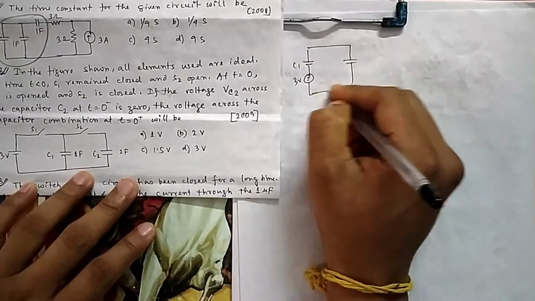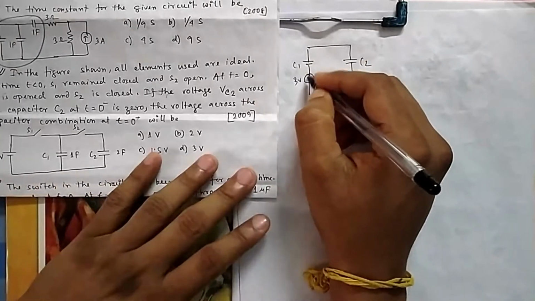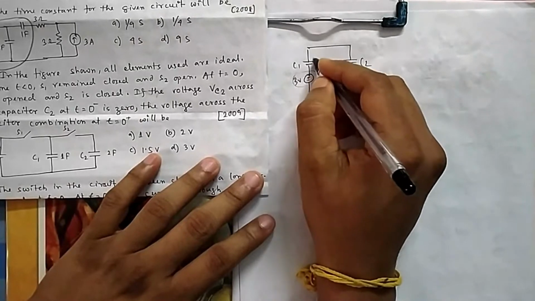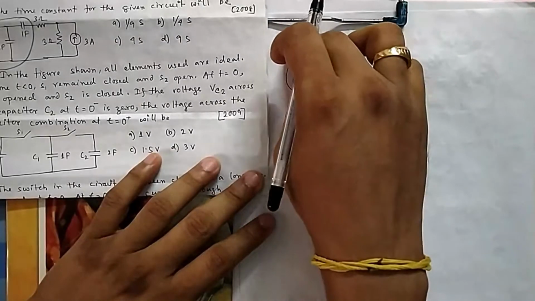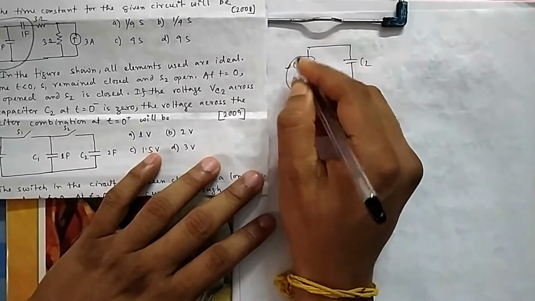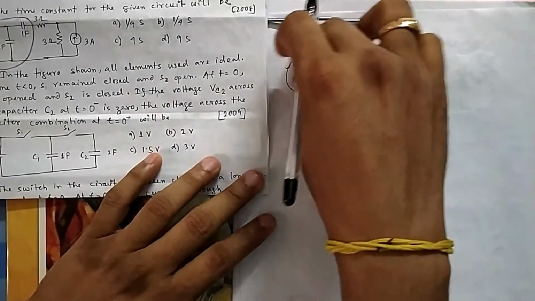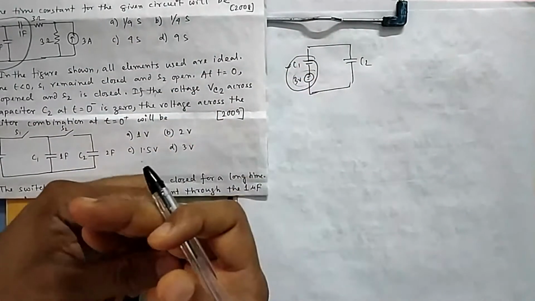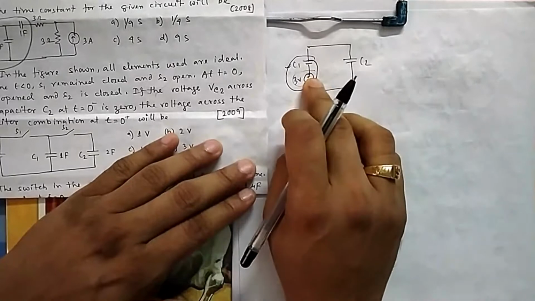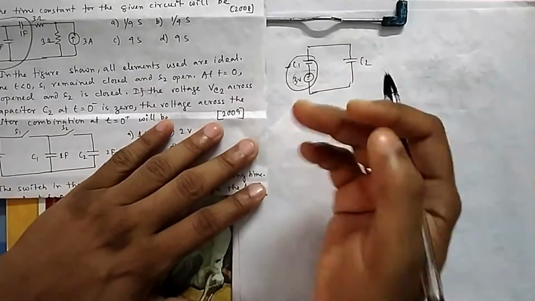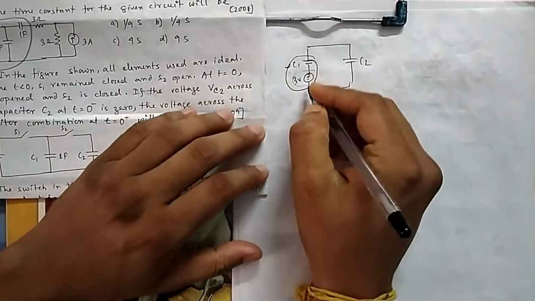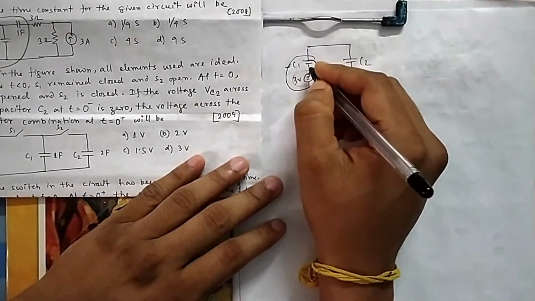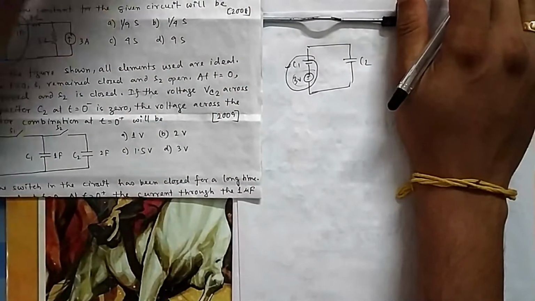So if I mention it this way, 3 volt, and this capacitor C1, and there is a capacitor C2, but this is not separated. We think of it this way only for analysis purposes, but these two are the same. If they ask the voltage across C1, you have to calculate this and then add 3 also, because there is no separate battery, the capacitor itself was supplying this. So for numerical simplicity, we separate the initial condition and keep it as a capacitor with 0 initial condition. That is for our consideration, that's it.